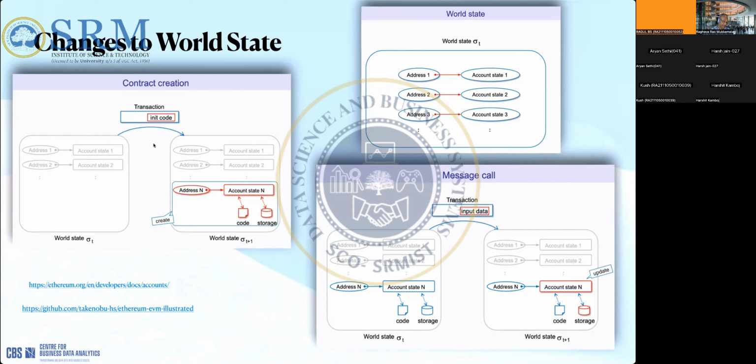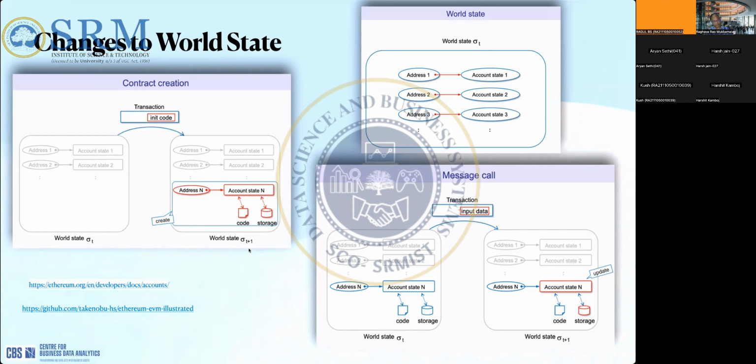When I create the smart contract and deploy it to the network by paying some gas, let's see what happens to the state. Now we move to a new state, sigma t plus 1, the state at time step t plus 1, which contains this newly deployed contract. It looks like this: you have an address where the contract will be listening, and an account attached to the address, which contains a hash of the transactions and a hash of the smart contract code. So now the state has changed from sigma t to sigma t plus 1.